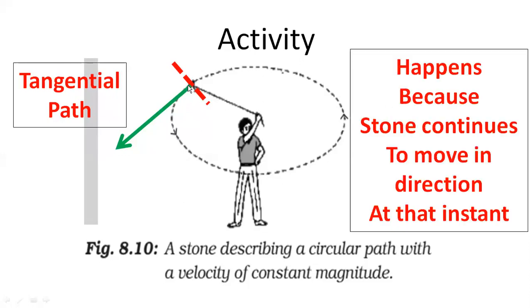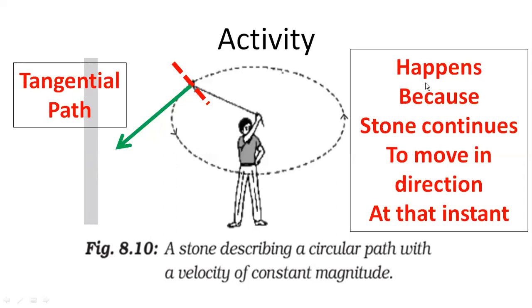This happens because the stone is moving in this direction at this instant. At this particular position, this stone is traveling in this direction. Hence, obviously, it is going to take the tangential path. Matlab, it has actually nothing to do with tangent. The problem is that at this particular point, this stone is facing in this direction. And when we cut the thread, this stone is going to move in this direction only, because that was the direction which it was initially facing. तो उसका पहले का direction वो था. Obviously, after cutting the thread, it took that direction. And luckily, that direction, we have a name for it, and that is called tangential path.